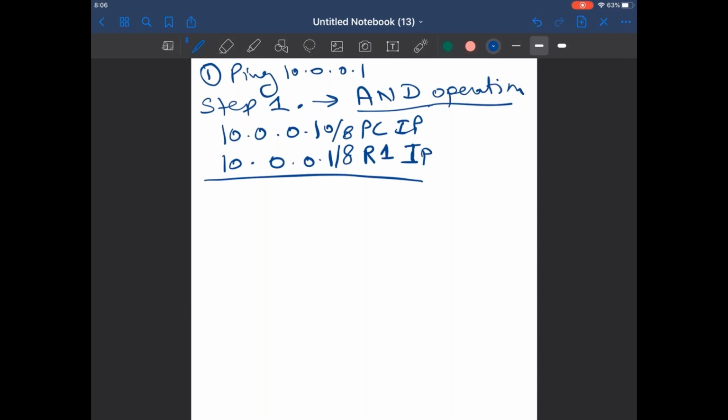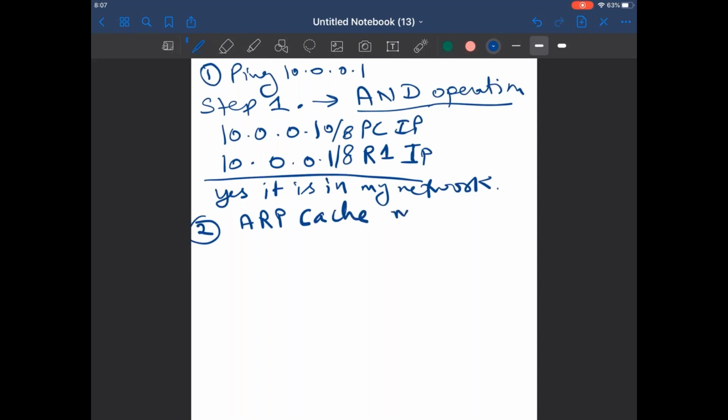After that, it will see that yes, the destination address is in my network. In the second step, it will see our cache memory.